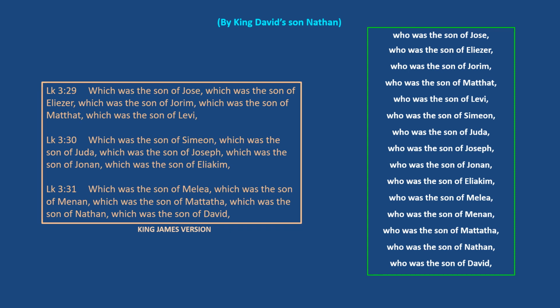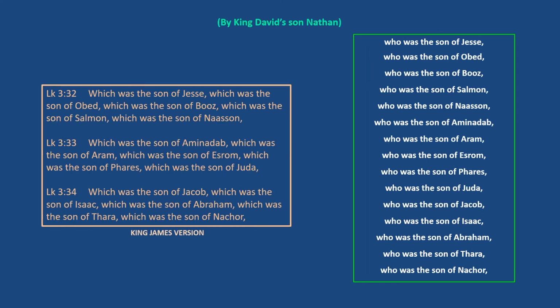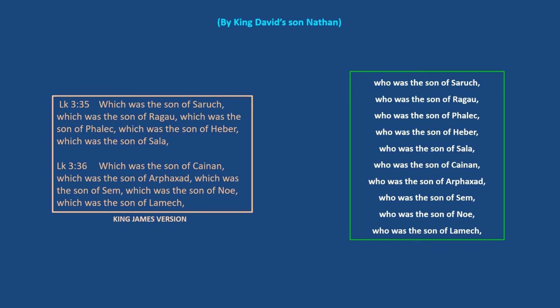son of Mattatha, who was the son of Nathan, who was the son of David, who was the son of Jesse, who was the son of Obed, who was the son of Buz, who was the son of Salmon, who was the son of Nason, who was the son of Abinadab, who was the son of Aram, who was the son of Ezram, who was the son of Pharez, who was the son of Judah, who was the son of Jacob, who was the son of Isaac, who was the son of Abraham, who was the son of Thara, who was the son of Nachor, who was the son of Zerach, who was the son of Regah, who was the